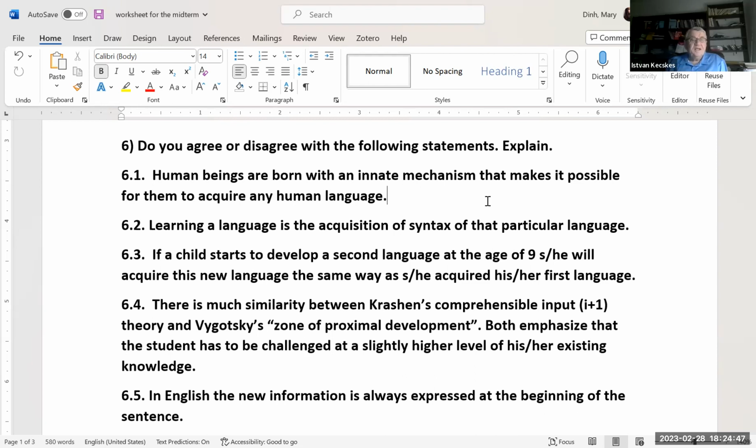Number 2, learning a language is an acquisition of the syntax of that particular language. Your answer. Do you accept that or disagree with that? Yingru. I disagree, because language refers to the system of signs, which the syntax is part of,